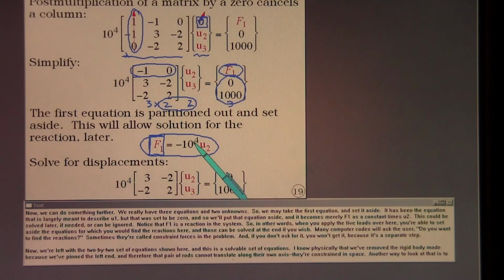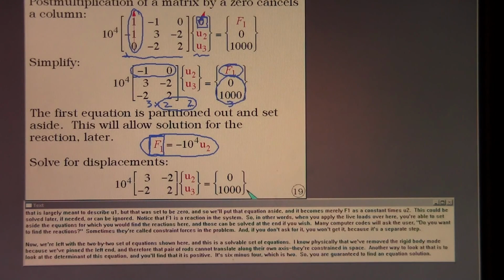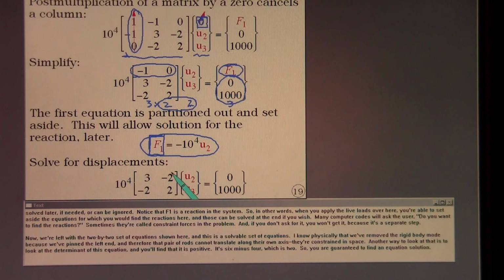Now we're left with a 2x2 set of equations shown here, and this is a solvable set of equations. I know physically that we've removed the rigid body mode because we've pinned the left end, and therefore that pair of rods cannot translate along their own axis. They're constrained in space. Another way to look at that is to look at the determinant of this equation, and you'll find that it is positive. It's 6 minus 4